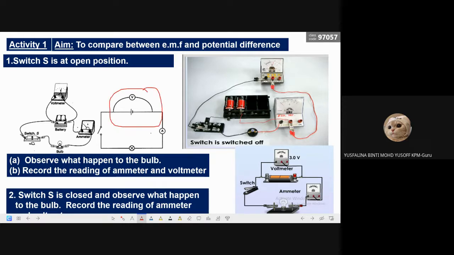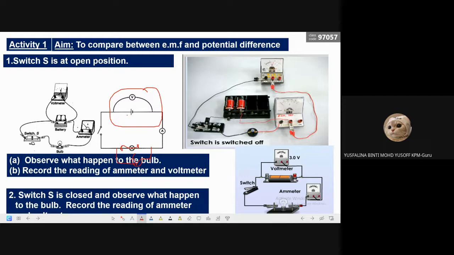Let's say I put this one as the constantan wire, so you put the voltmeter parallel to the constantan wire. This one is for Ohm's law, or when you want to investigate the factors affecting resistance. That one also we put the voltmeter parallel to the constantan wire. But for the EMF and the potential difference, we change the constantan wire to a bulb, and the voltmeter we change to parallel to the